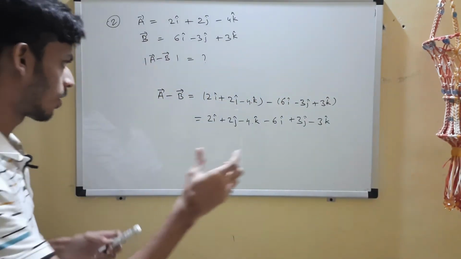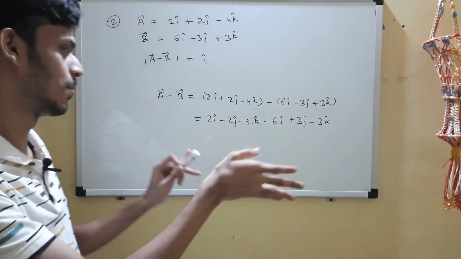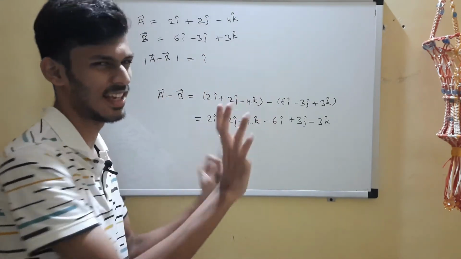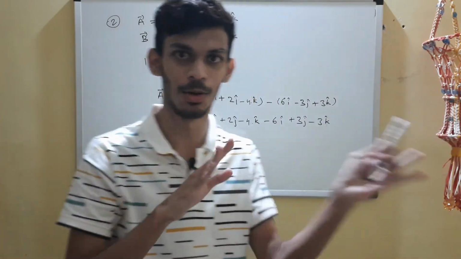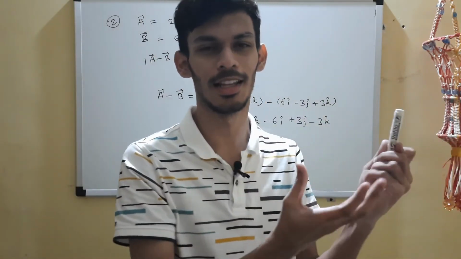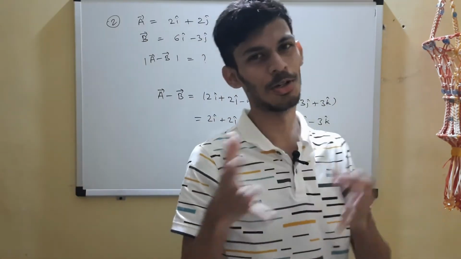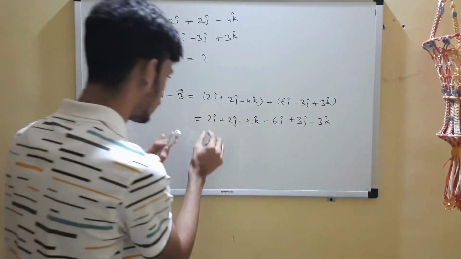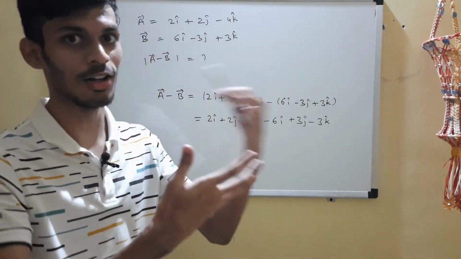You have to look for common terms, i cap. They are along the same axis, positive and negative of course. This is along the positive axis and this is negative, minus i cap. So basically they are along the same direction, so you can directly add or subtract them. I'm making reference to the previous lectures, so make sure you check it. The link is in the description.